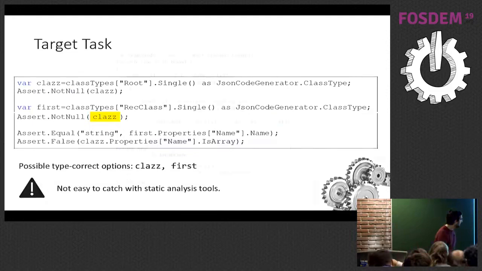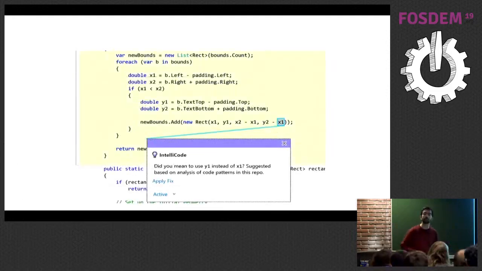Here's another example that we found when we dog-fooded things within Microsoft, within the IntelliCode program, and you see here again a similar example. You create a rectangle from some coordinates. You say x1, y1, and then the height and width. Well, it's x2 minus x1, y2 minus x1 again. That seems off. So again, you can get this kind of analysis and try to get this into developers. Yes, once you see it, it's obvious, but in some cases, it's not.